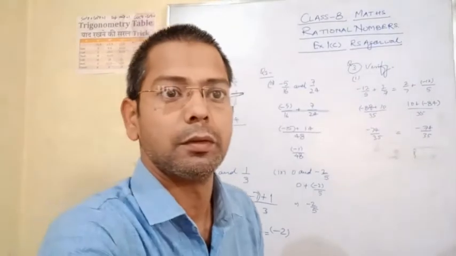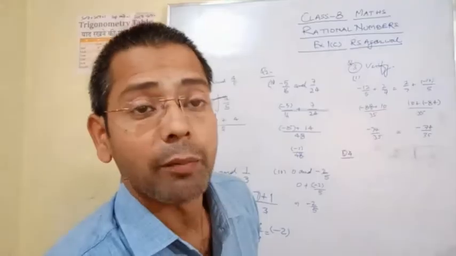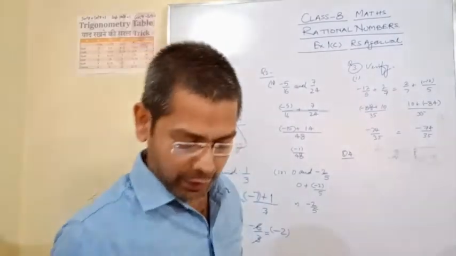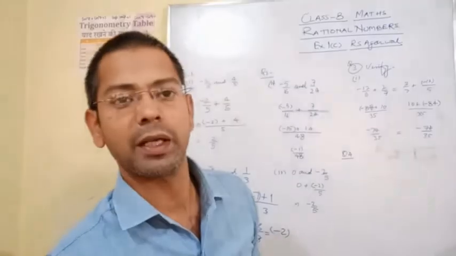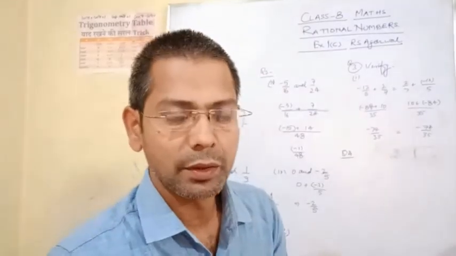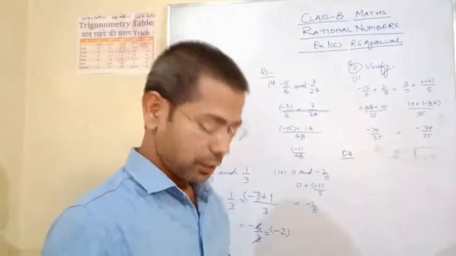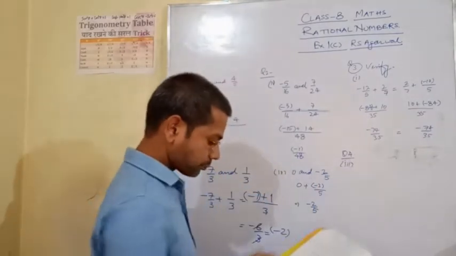Next, question 4. Verify the following. Here three rational numbers are given. We have to apply here the associative property of rational numbers, where three numbers can be added in two ways, but the result will be equal. The result will be the same. The third part of the fourth question is this: minus 1